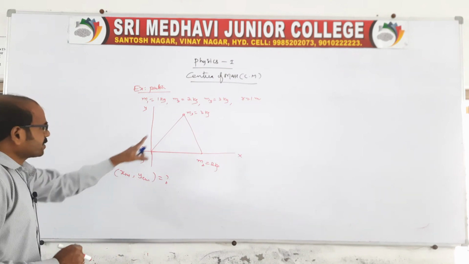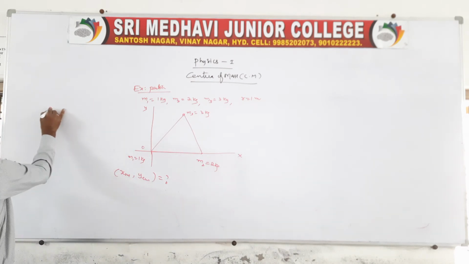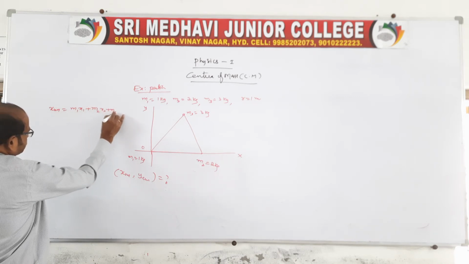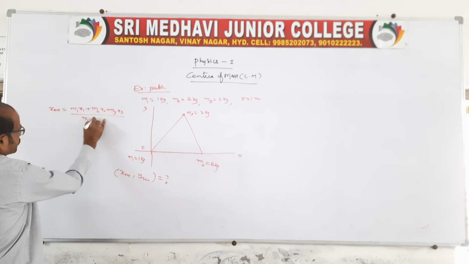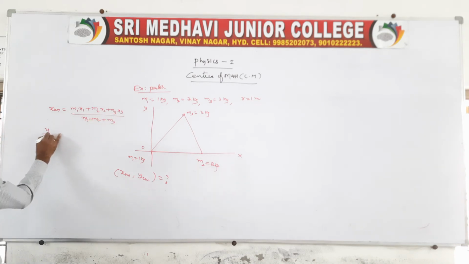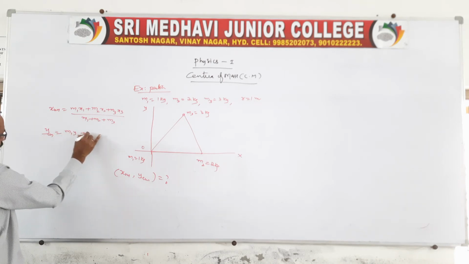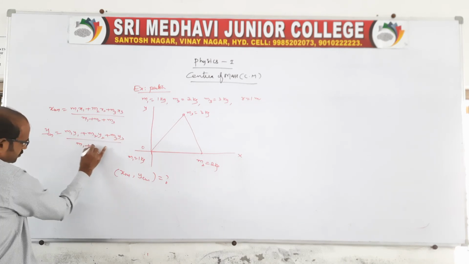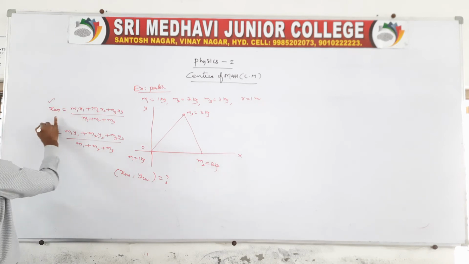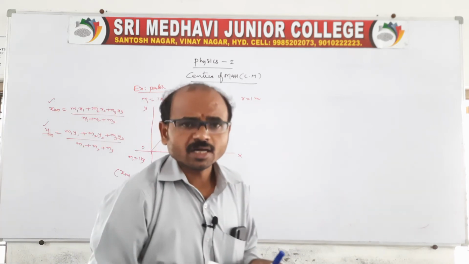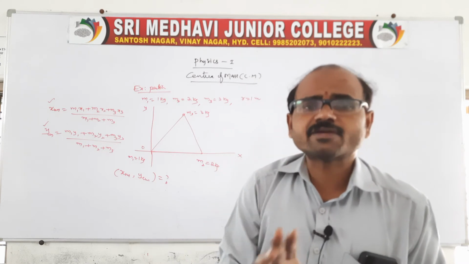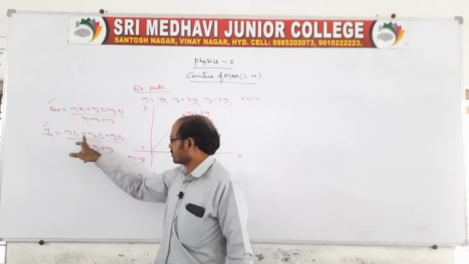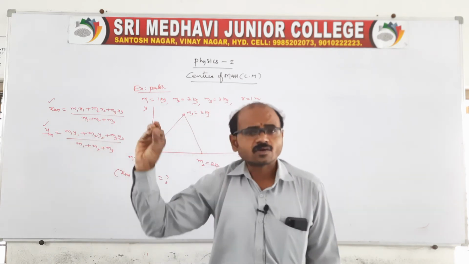Now there is a 3-particle system, no? Therefore our formula becomes like this: xcm is equal to m1 x1 plus m2 x2 plus m3 x3 by m1 plus m2 plus m3, and ycm becomes m1 y1 plus m2 y2 plus m3 y3 by m1 plus m2 plus m3. See, now we should get xcm, ycm. Before that, we should know x1 y1, x2 y2, x3 y3. x1, x2, x3 are there in the formula, as well as y1, y2, y3 in ycm. These 3 coordinates we have to find.